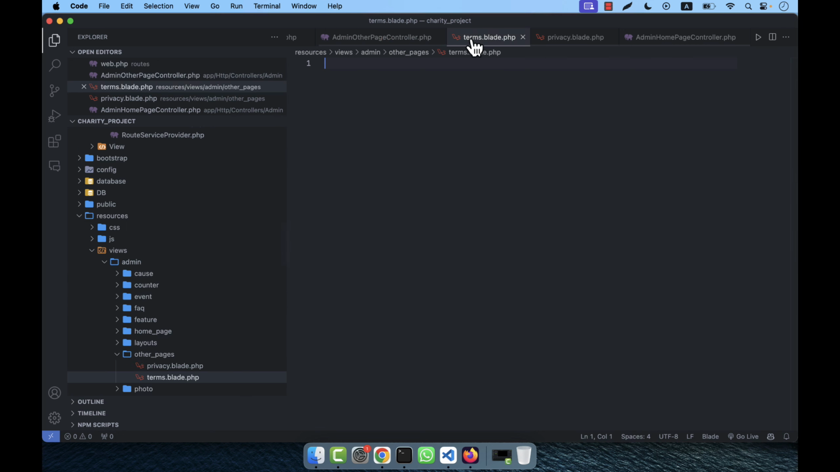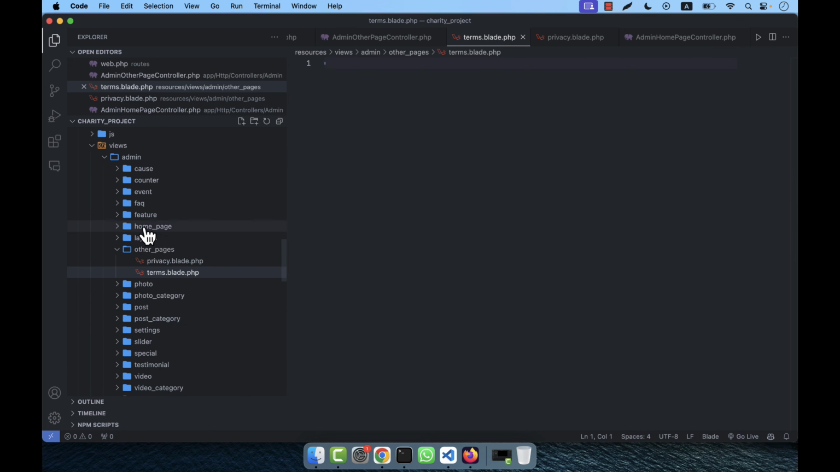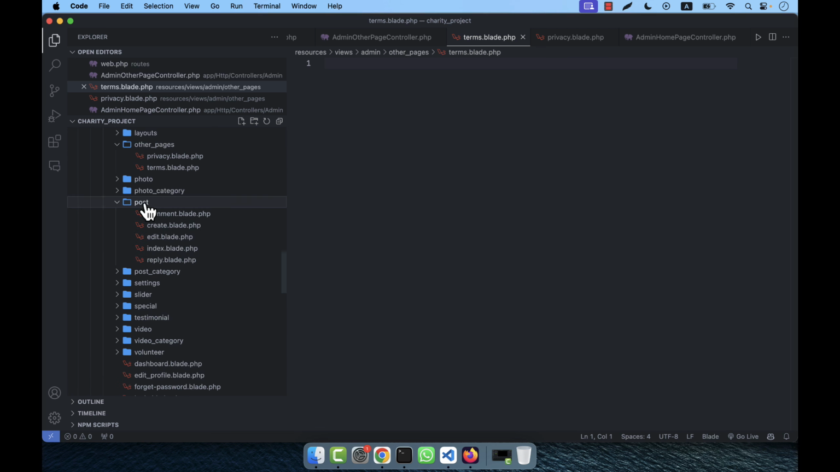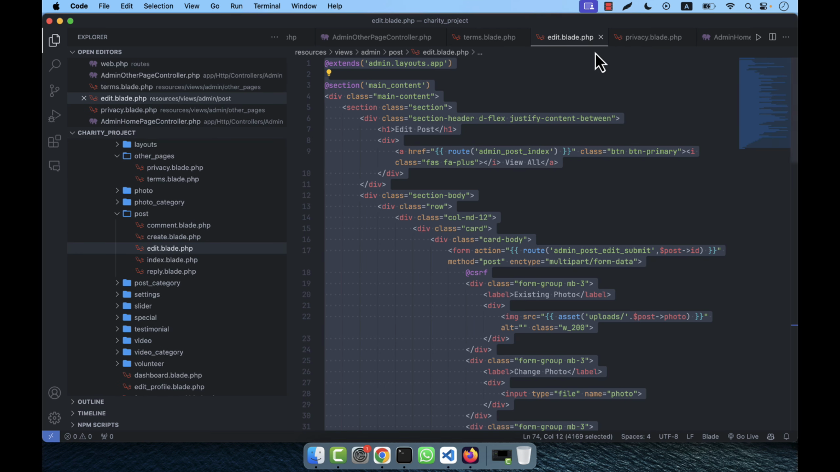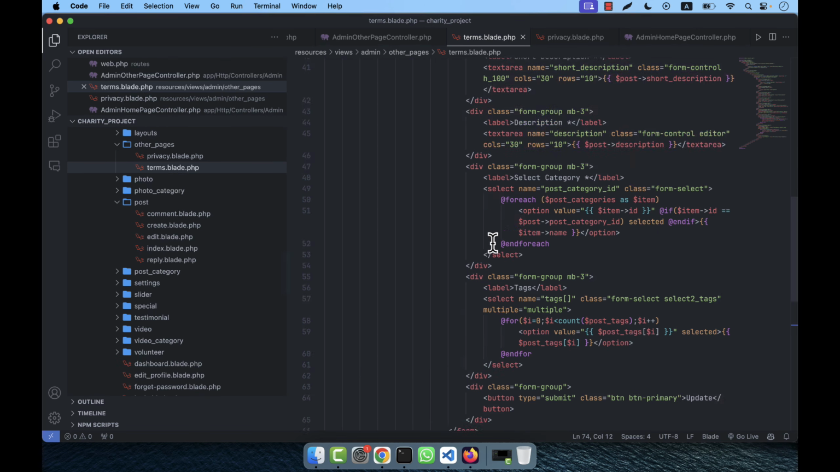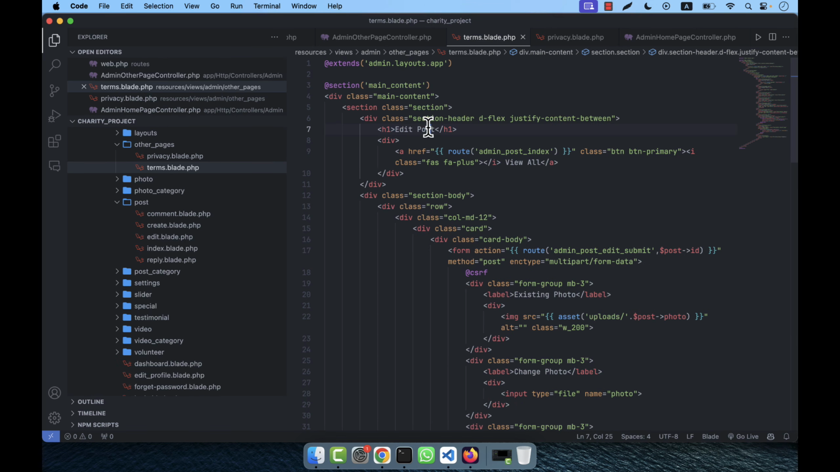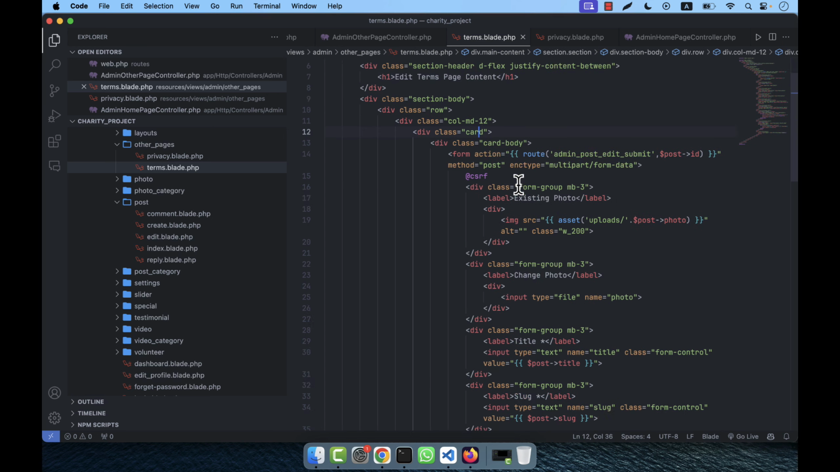So like the terms.blade, what I did here, I am going to open any other items. For example, not cause, that is for example the blog post, and here there is an edit. So I am going to copy the content from there, and in the terms.blade I am going to paste it. So here edit terms content, and this one I am going to remove from here, and here the route will be